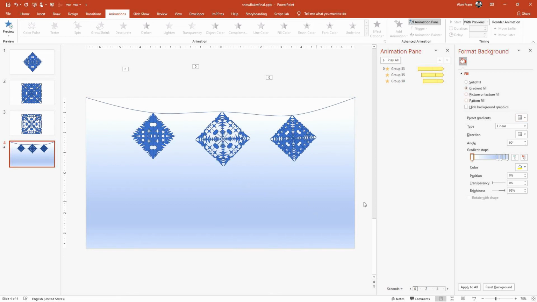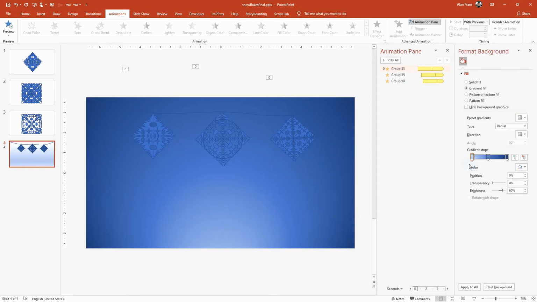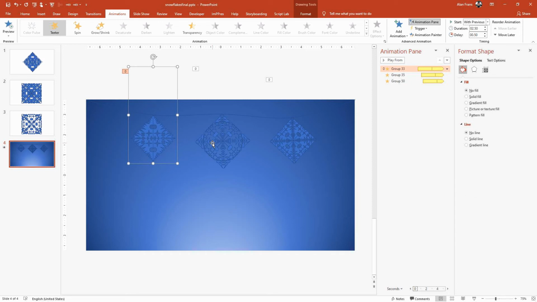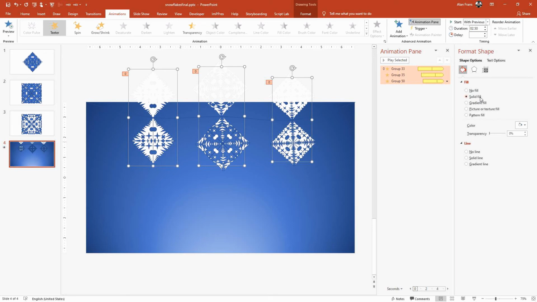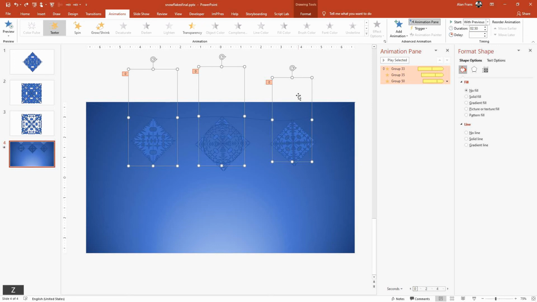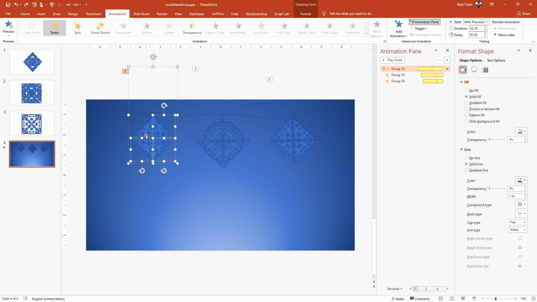This is like a default gradient that you get selected here. And what we're going to do is change it to this gradient. And then we're going to select each of the snowflakes. I'm going to select them all at the same time. Do a solid fill. It's changing them to white. Now, here we have these other ones, and we don't want those to get a solid fill. So I'm going to hit Control Z, and I'm going to make sure that I have the bottom snowflake selected here when I change that to solid fill,